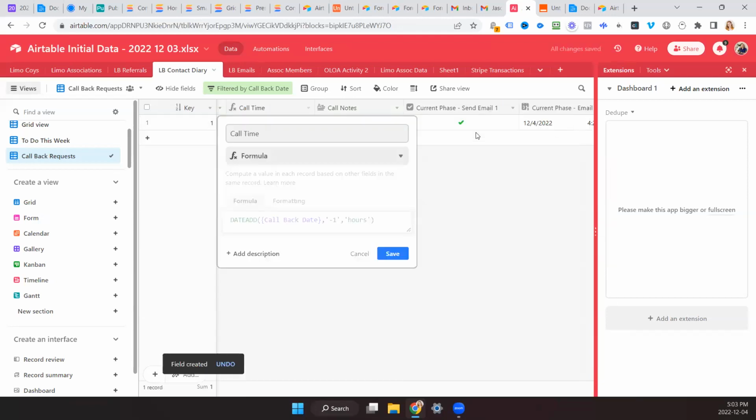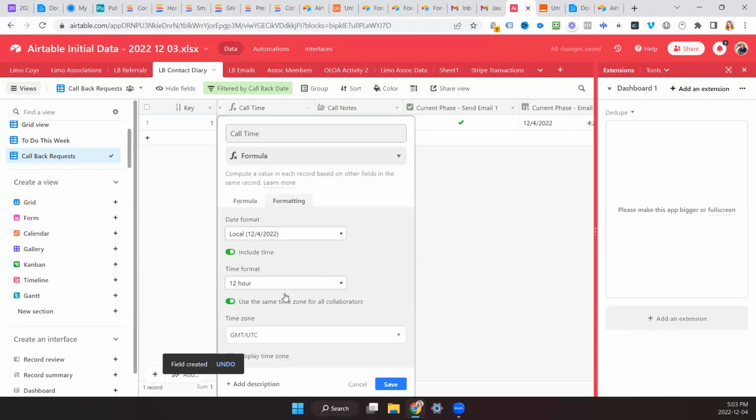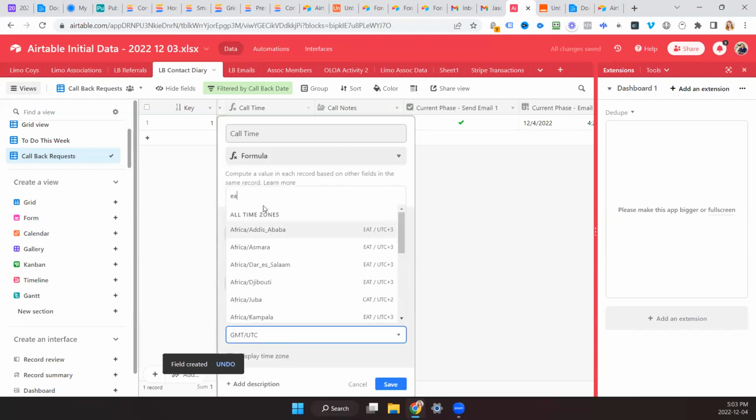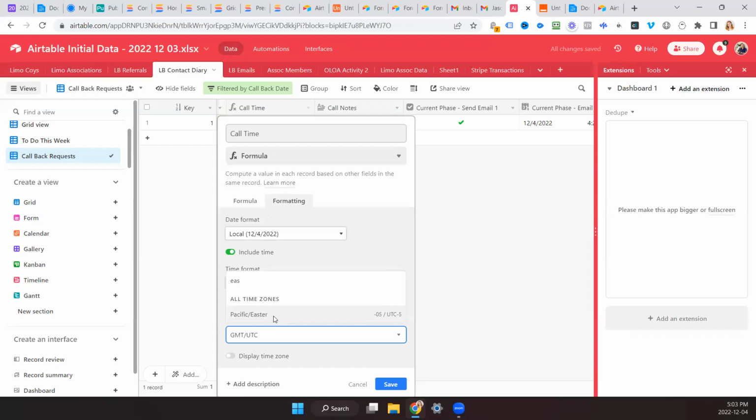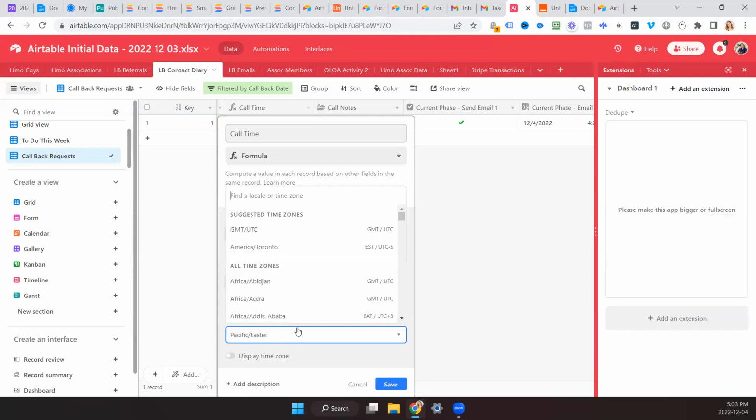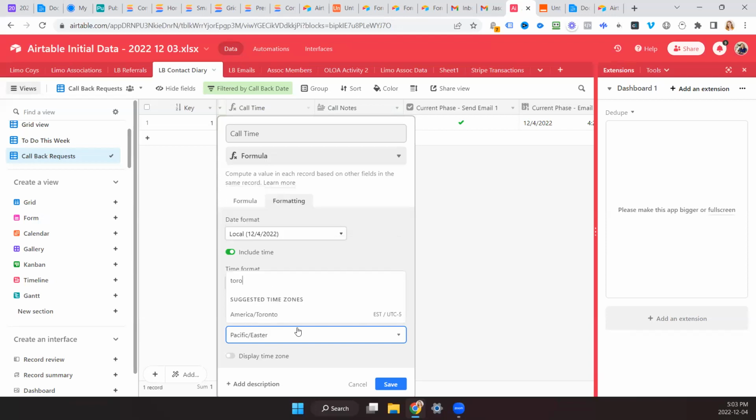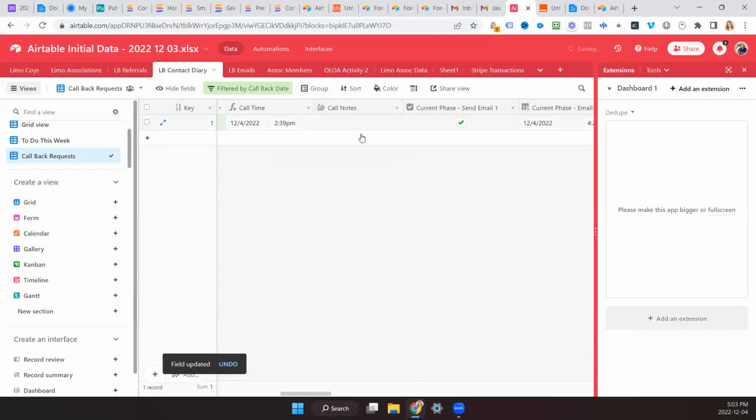And then make sure we're in the same time zone. That's Pacific, American Toronto, or EST. Okay, so does that work? 2:39. So you get a text at 2:39.